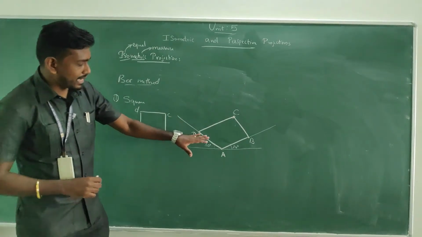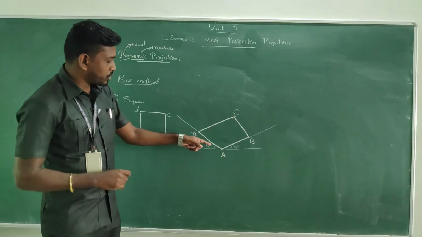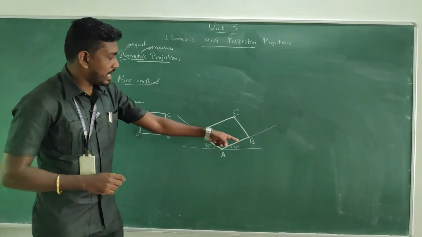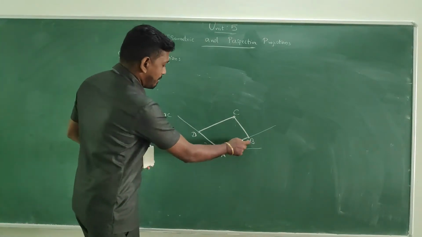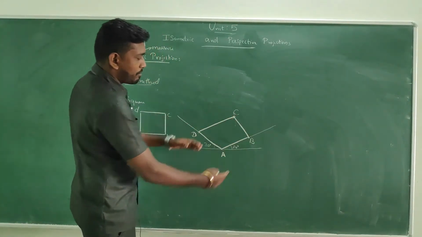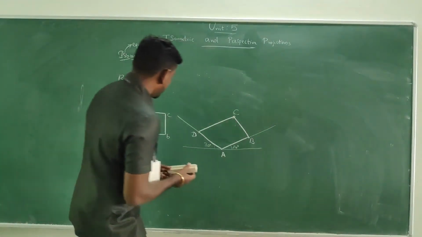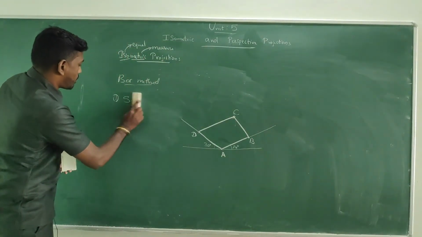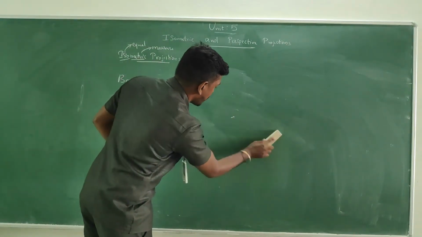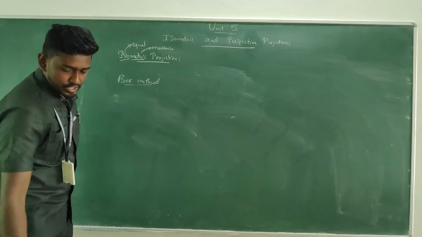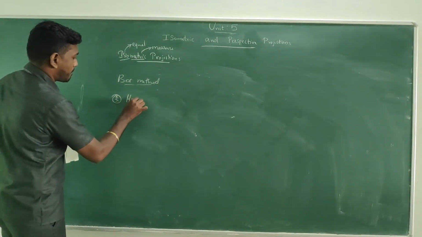All the lines in the diagram will be at 30°. And when you come to this board, AD and BC will be parallel to each other, and AB and DC will be parallel lines. And then the shape which I am going to show here, the second one, is the hexagon.